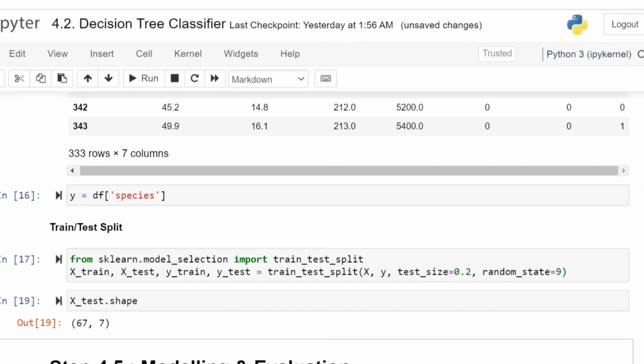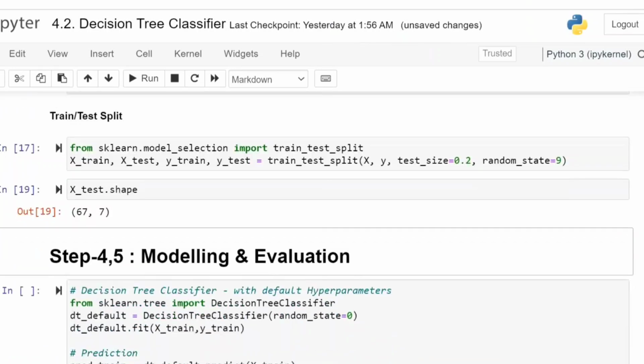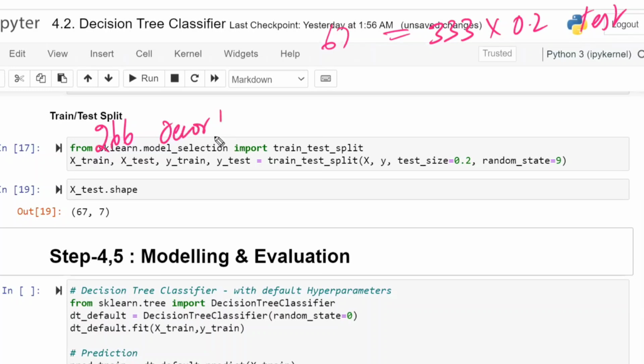Here, for testing purpose we are having 67 records, and for training purpose 266. Now, using these 266 records, we are going to create the model. Using this one only. Forget that the 67 records are there. Using this one only, we have to create the model, write the conditions, and calculate the Gini. Everything for the 266 only we have to do, not for the test data.